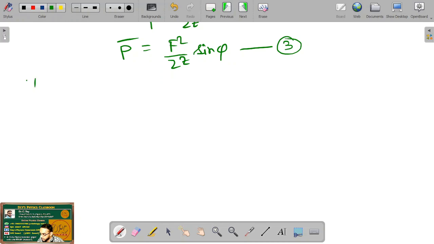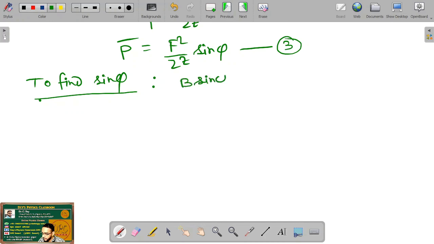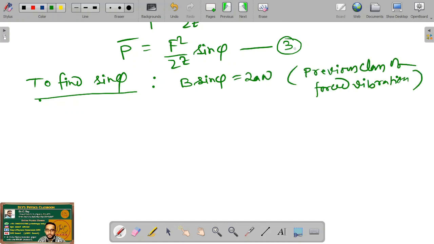Now to find out the value of sin phi. In my previous video, where I calculated the general solution for forced vibration, I have shown that b sin phi, which I have taken as 2a omega. So in my previous class of forced vibration, I have taken that b sin phi equals 2a omega. You can go there and check it if you have any doubt. I will also provide the link of the previous video in the description section of this video. So b sin phi equals 2a omega,